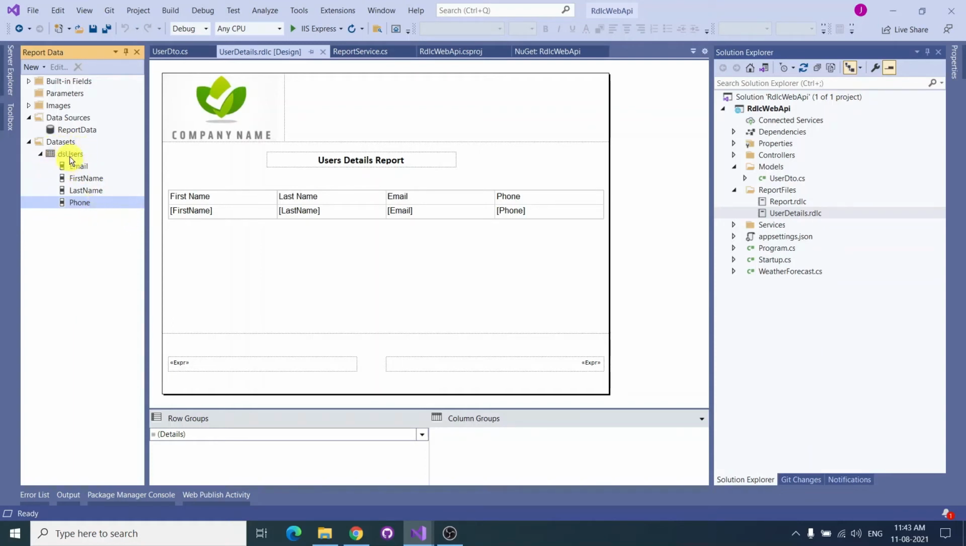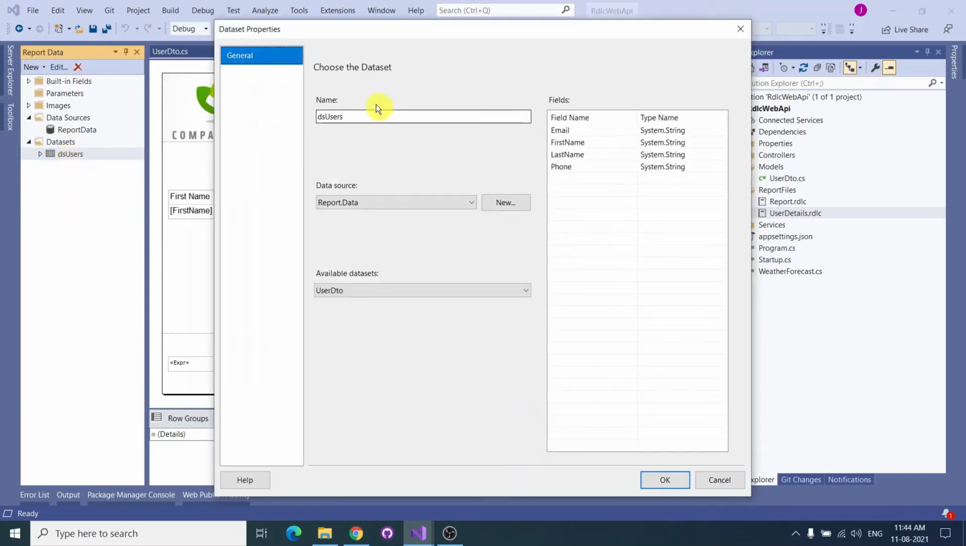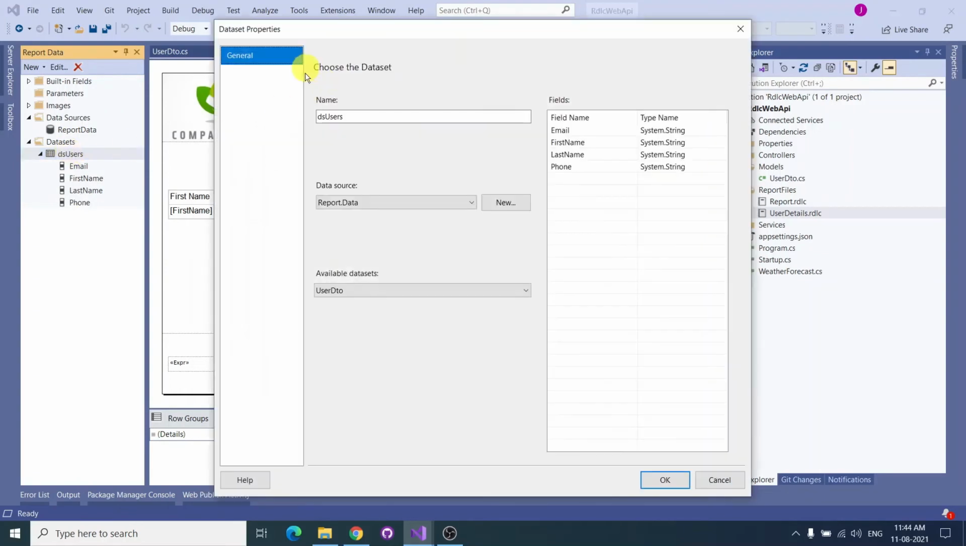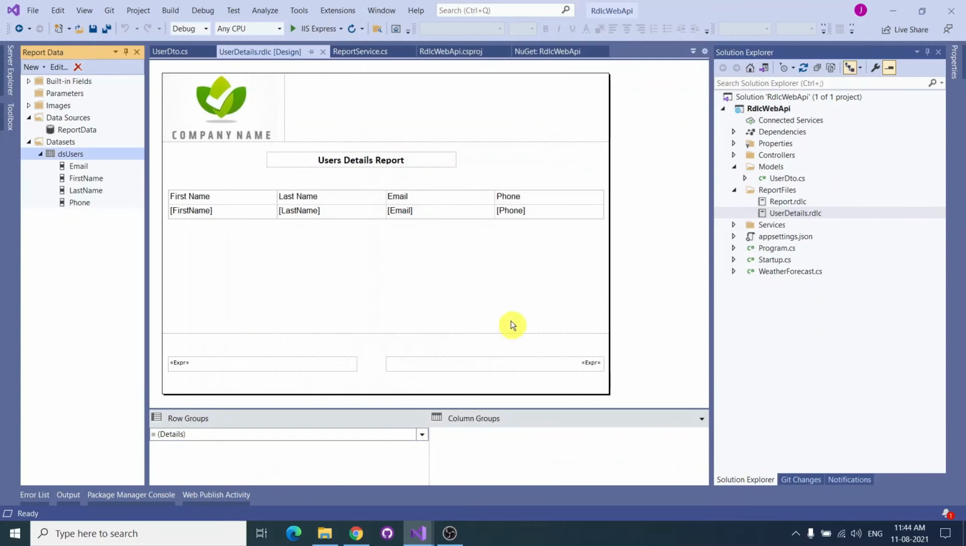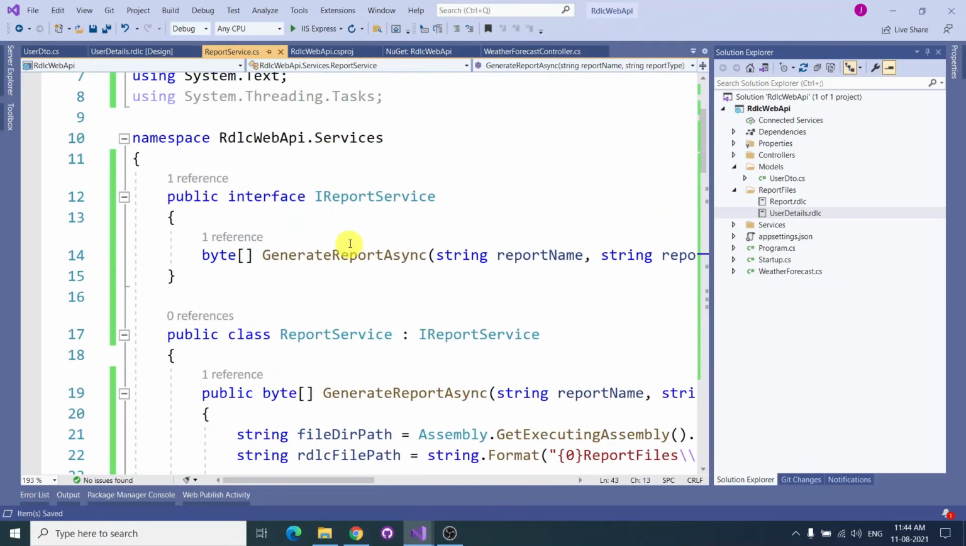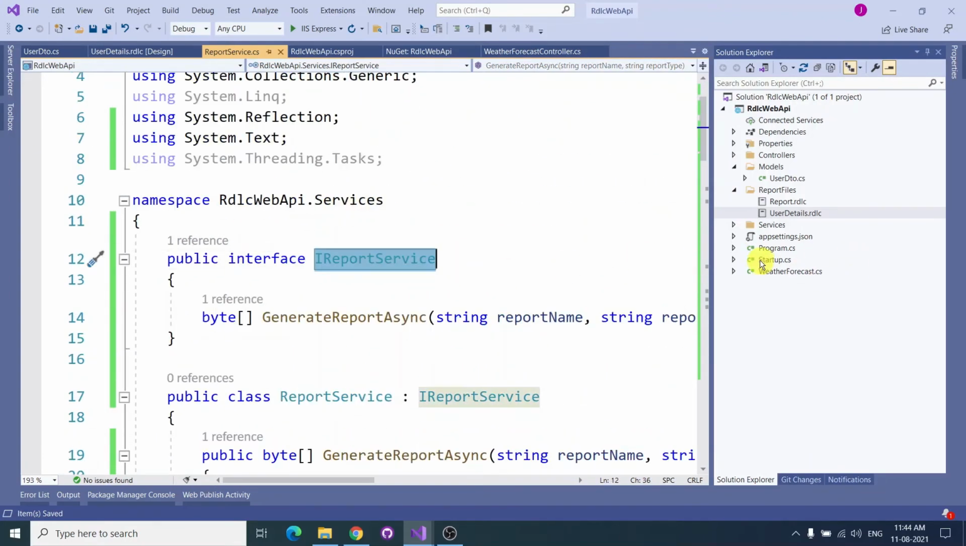So how can we change this one? We can double click this one, and we can change it as per our requirement, right? If we want, we can add more properties as we like. Okay, that's it. So this is fine,